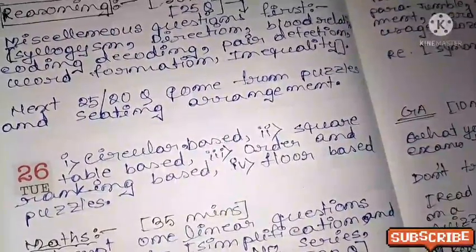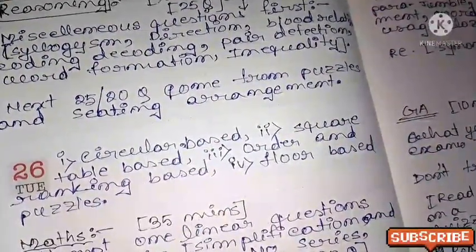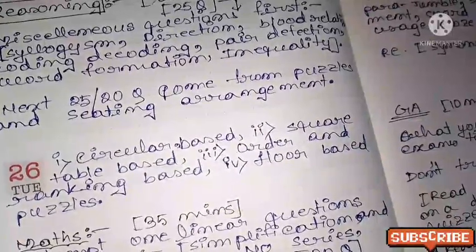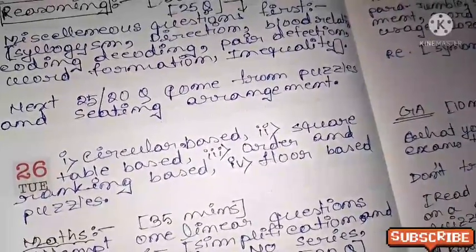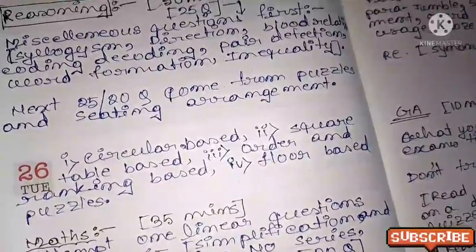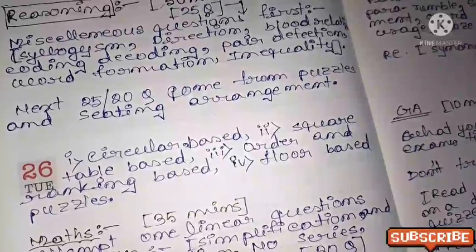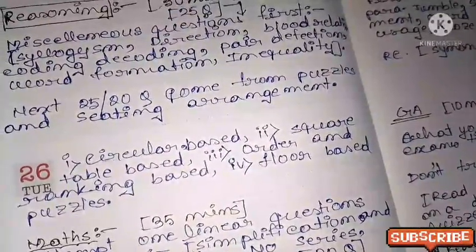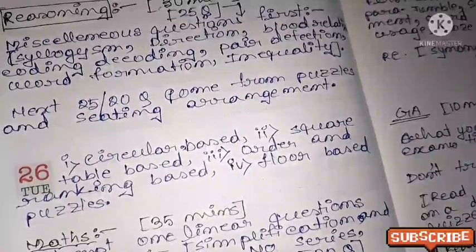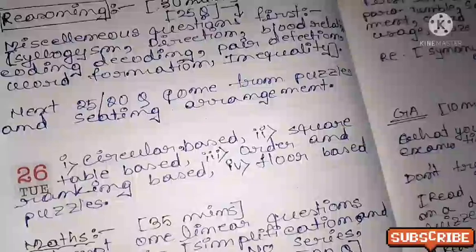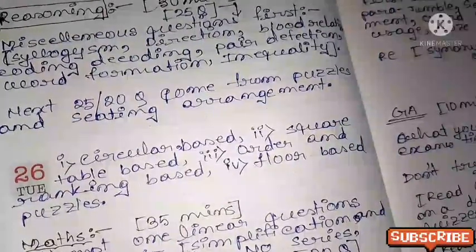Like if they give the first 5 questions from puzzles, you attempt them. The next 5 questions from coding-decoding, you attempt them. Whatever they give in your questions, you attempt accordingly. And if you are not so good in puzzles and sitting arrangement, you may attempt them later. First you try to attempt miscellaneous questions, then you will see within 30 minutes you can easily complete the whole